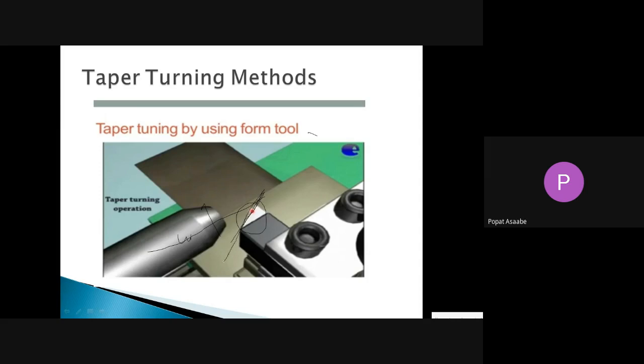Okay, we have to give the angle and then give the feed to that workpiece with the help of that single point cutting tool, and that feed will be in this direction. That feed will be perpendicular to the axis of your workpiece, so that whatever angle we have provided on that single point cutting tool, such type of angle is going to be produced on that workpiece also. Means it will produce such type of taper on your workpiece.